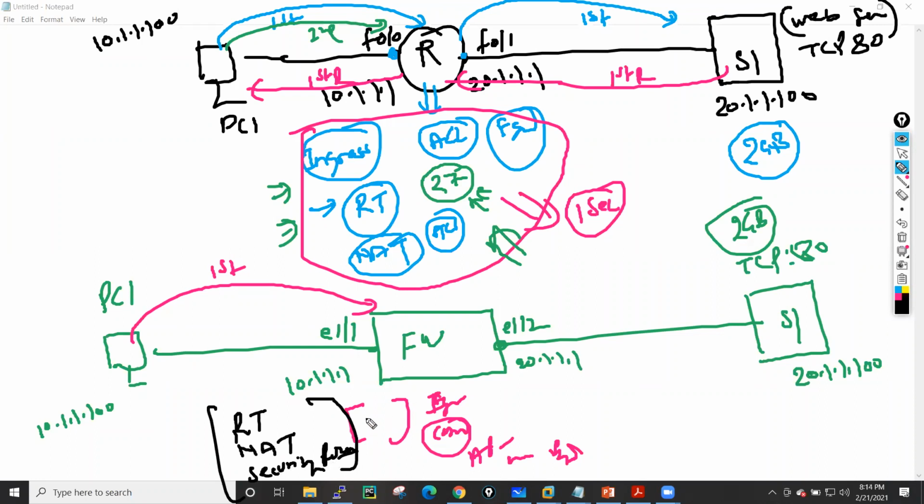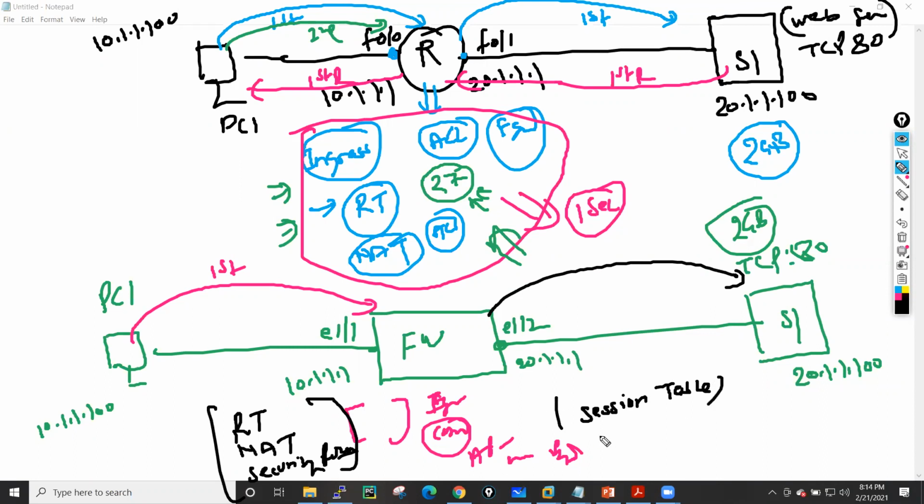So when the first packet is sent, the firewall forwards it through all these checks, and then forwards it towards the outside interface. It also creates one table, which is called the session table.